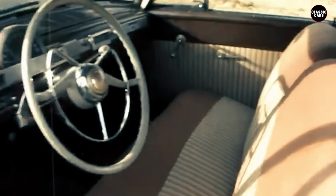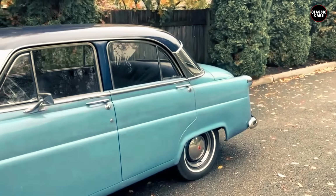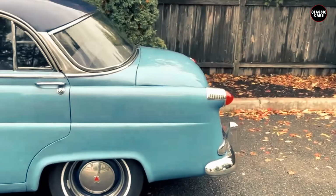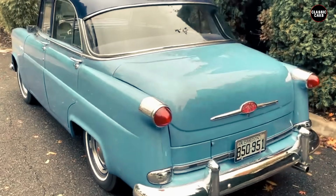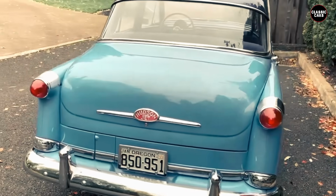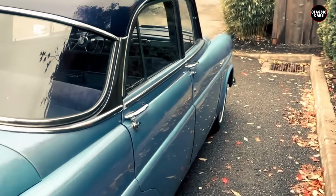What they created was neither fast nor safe, and far from competitive. In fact, the Jet was a tragic example of how cutting corners under financial strain can lead to both engineering failure and commercial doom. On paper, the Jet was supposed to be a sensible compact, a small, efficient car with economy-minded buyers in mind. But Hudson, despite its racing pedigree with the famed Hornet, was woefully unprepared to produce a